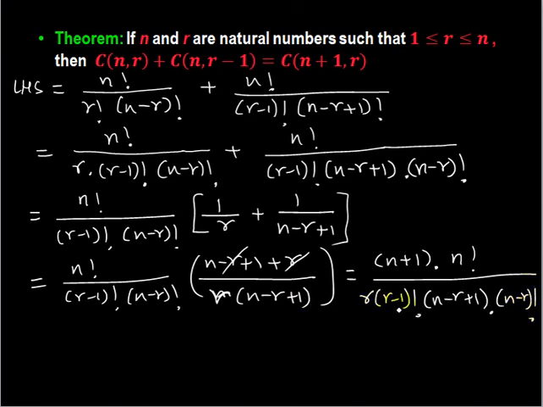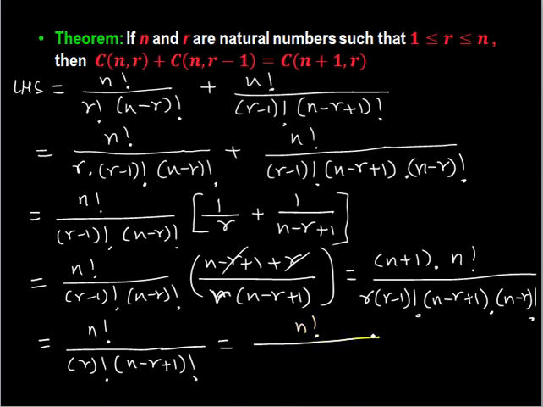So you can see r is 1 more than r minus 1. n minus r plus 1 is 1 greater than n minus r. So they all can be reduced to: this becomes n factorial, this one becomes r factorial, and the later term becomes n minus r plus 1 factorial. See what else can be written for it? n factorial, then r factorial, this term, okay, this we need to change. This is n plus 1 into n factorial, so it will be n plus 1 factorial. So correcting this part.